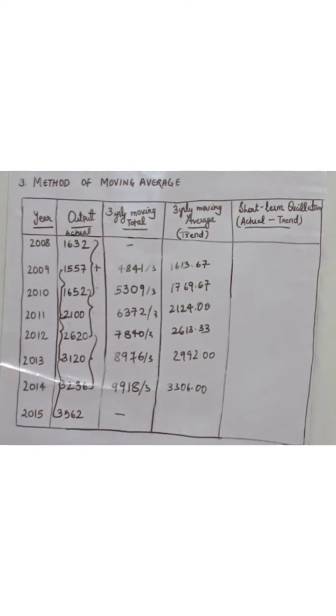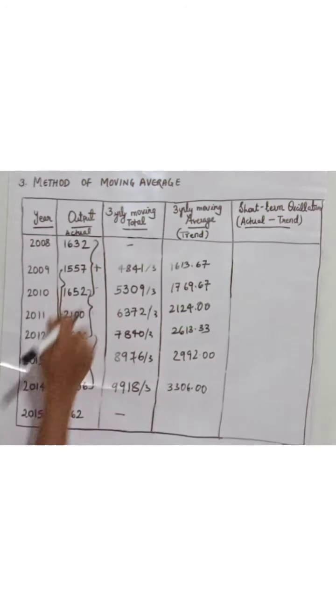Now the most crucial part is to find the short term oscillation which we were supposed to find. For finding that, we are going to take the difference of actual minus trend. Now actual is the output, the thing already given in our question. Output is our actual, minus the trend which is given to us. Basically we can see actual versus expectation or reality. So we are going to subtract 1557 minus